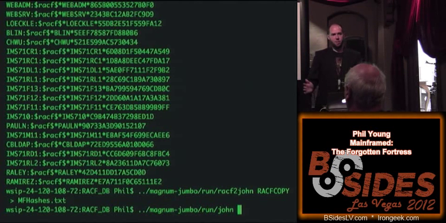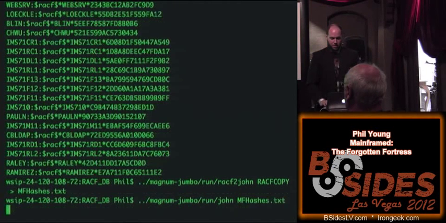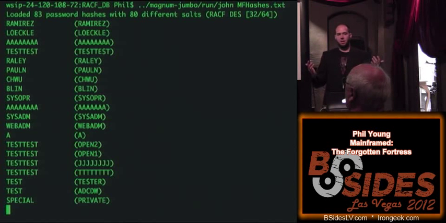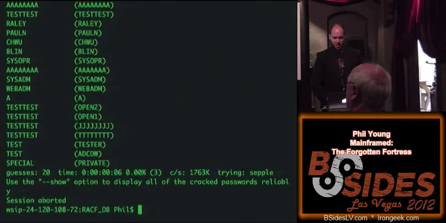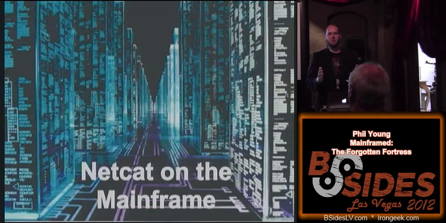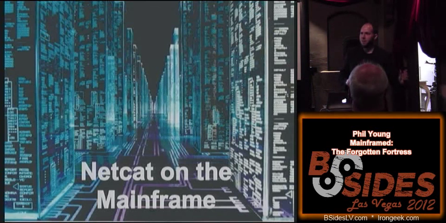Not the most exciting demo, but it works. There we go, it's already started. Now I could leave it running within this little macro here. I used to have a demo about RACF Snow, and I seem to have half an hour left, or 20 minutes at least, so I can give a demo of RACF Snow if you guys care. It just runs the same thing.